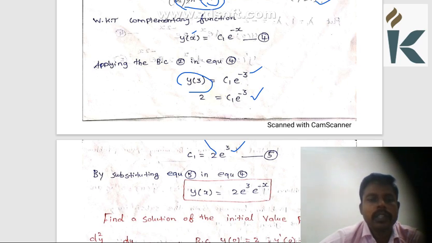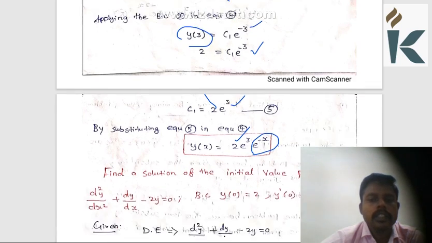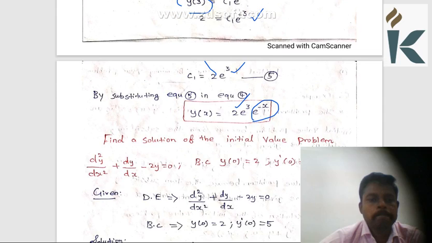So these values are right here: 2 e power 3, and the next one is e power minus x. That is why I have to write e power minus x. So this is that